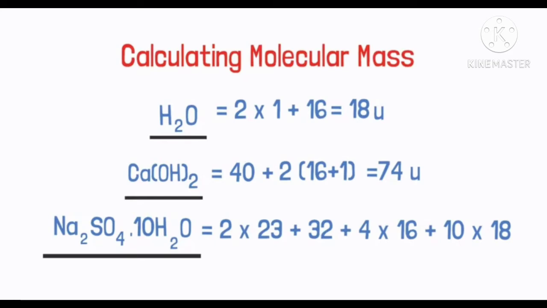So here 2 atoms of hydrogen and the atomic mass is 1. So we will multiply and then we will add the oxygen atomic mass. So we get the molecular mass that is 18 mu. So here addition only we have to do, very simple. In molecular mass as well as formula unit mass, you have to do addition. It is very simple.